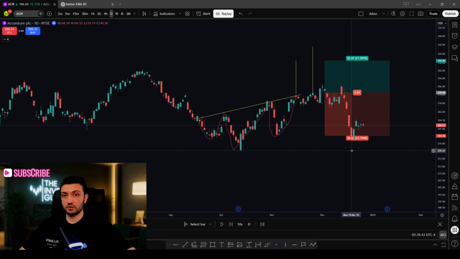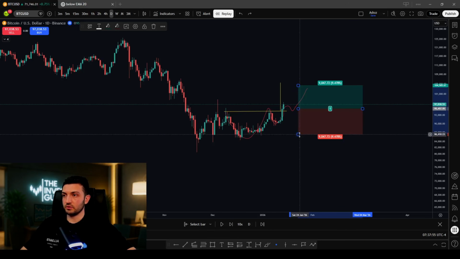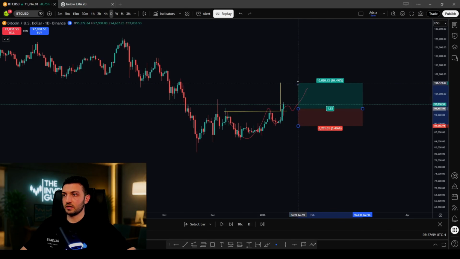Let me show you our third example. In this example, you can easily detect this cup and handle pattern. So what this pattern tells you is that after price breaks this neckline, it will retest and bounce. So their expected target is from the neckline till this low. So if pattern traders enter a position here, they would place their stop loss below this handle and their target is here. Let's play out and see what happened.